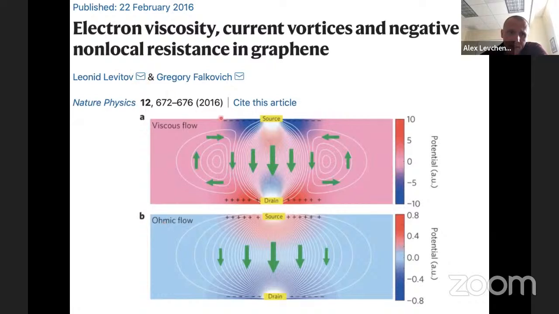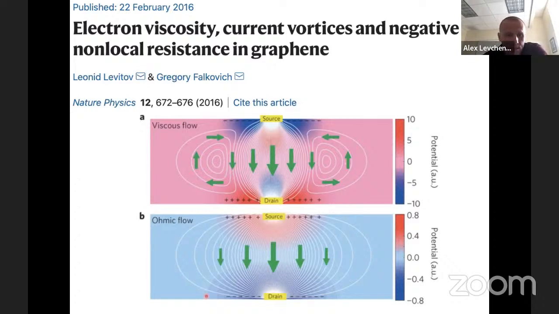Again, initially by Falkovich and Levitov, that this viscous effect should create a highly non-local response. And if you try to source-drain the voltage across the device, you ultimately will discover that a current vortex develops. And if you put another pair of contacts away from the source-drain, you will discover that the current would be flowing in the opposite direction to what you were injecting. This would give you negative non-local resistances. In some other cross-section, you would discover